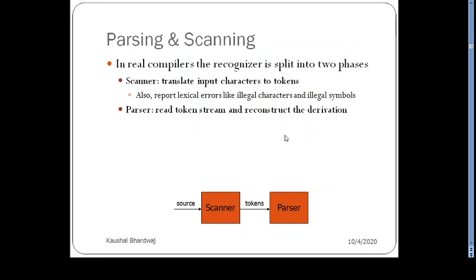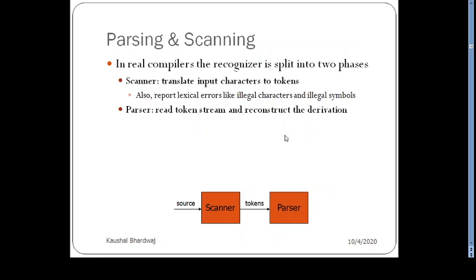We have seen this in the structure, where in the first phase we try to scan the program and then we parse it. While scanning, we read the character streams and symbols and tokenize them. We generate some tokens and store them in the symbol table for the parser to use.